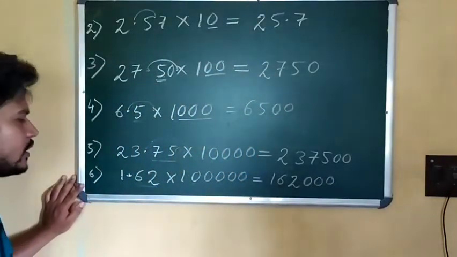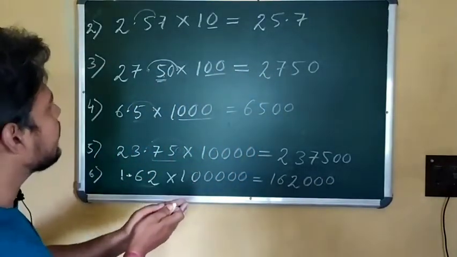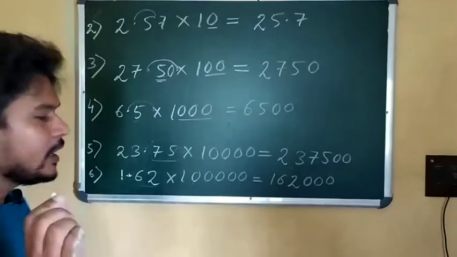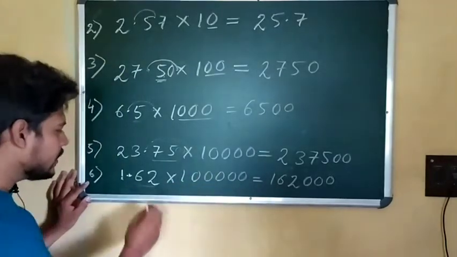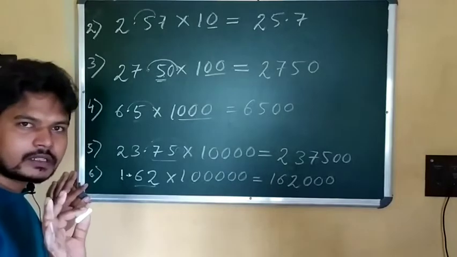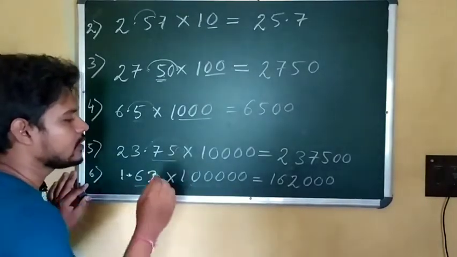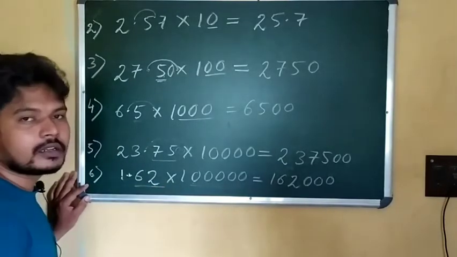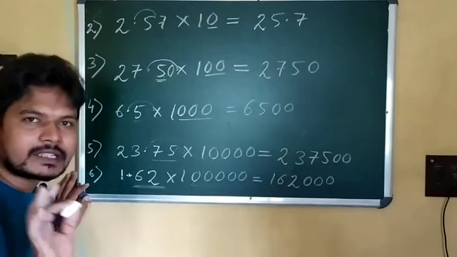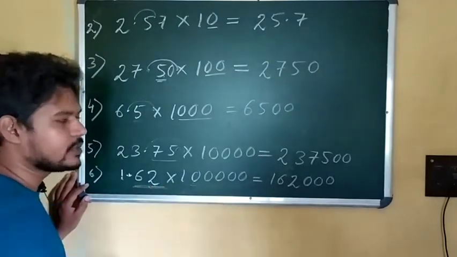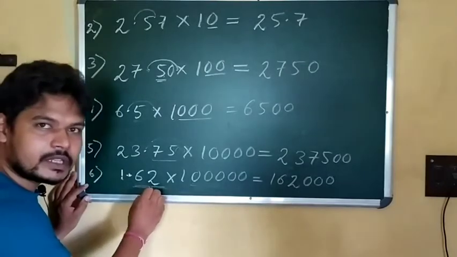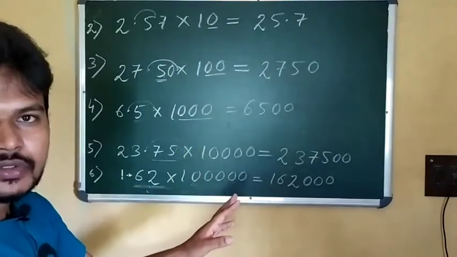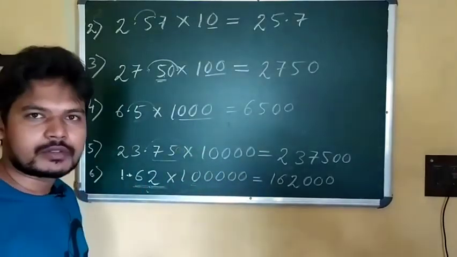That is our answer. So only when you multiply any number by 10, 100, 1000, 10,000 or 1 lakh or 10 lakh or 1 crore, you count how many zeros are there. Then you count at the decimal place how many digits are there. The number of zeros will be the same as the number of digits written at the decimal place. So if insufficient digits are placed at the decimal part of the number, you have to add zeros to convert this. So I hope all of you understood this.